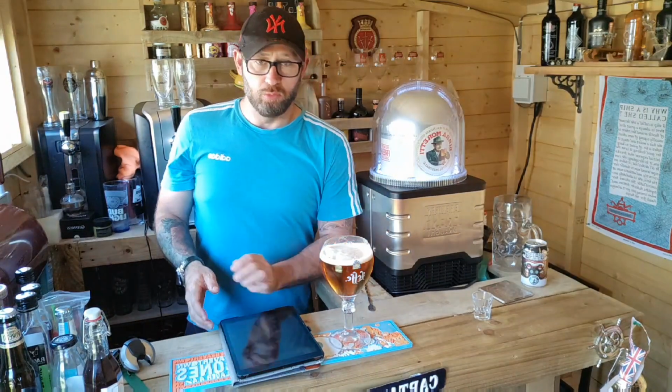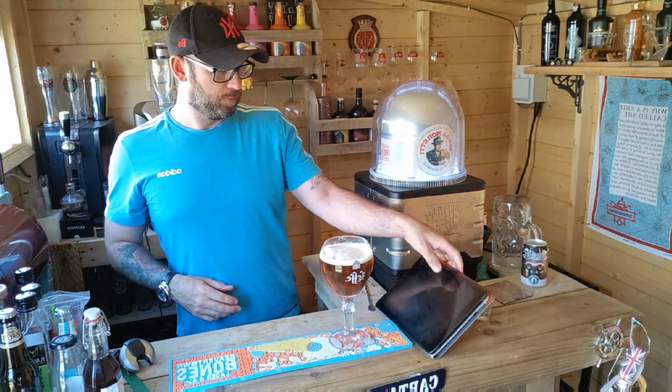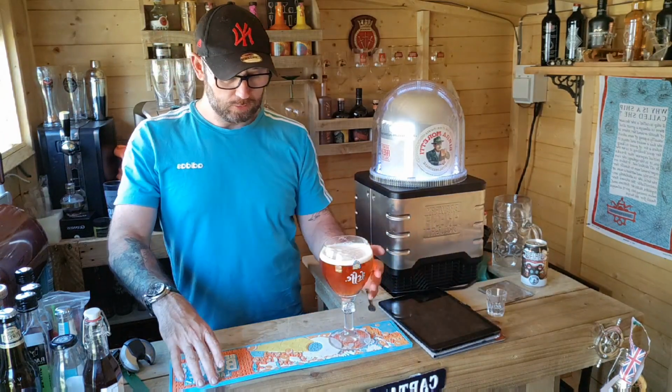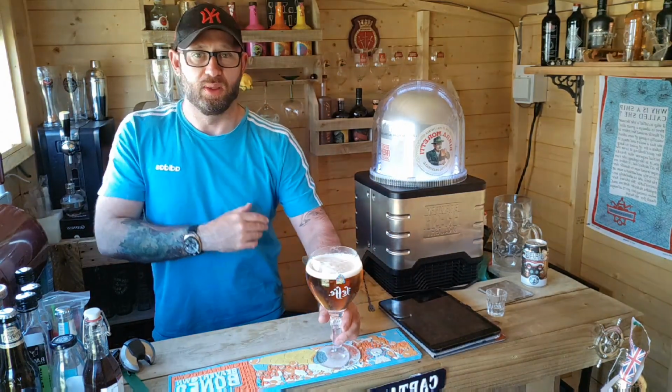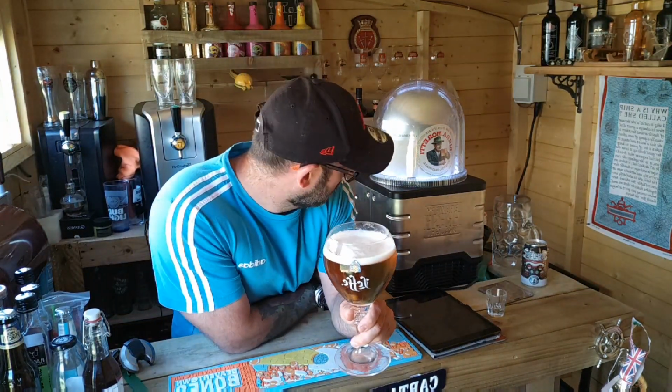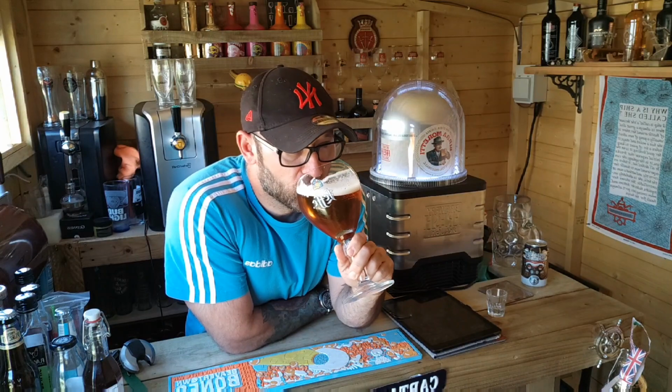Nice, very nice. Now, being a 5.2, it's not a really strong beer, and it's an Abbey Ale as well. So obviously I do quite a lot of lagers on the old Perfect Draft, or obviously I like a Moretti, but this, so